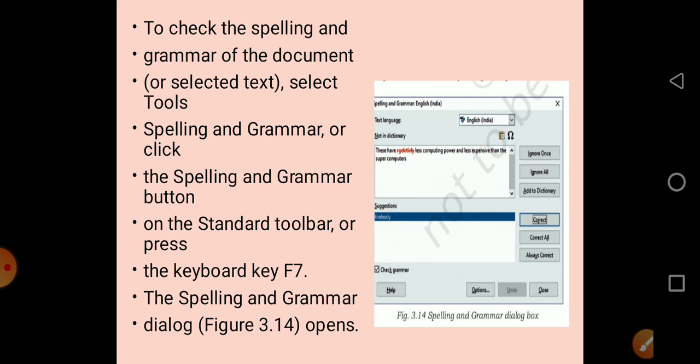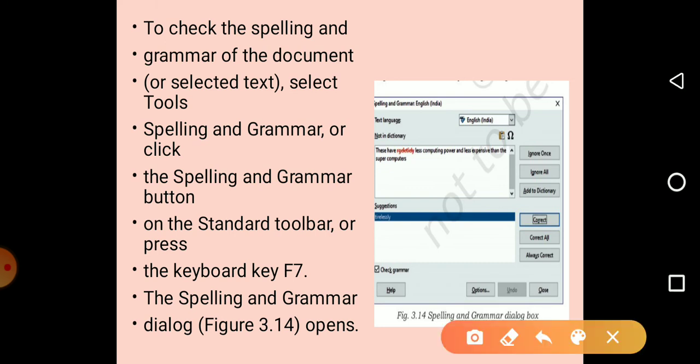You can also press the F7 key. F7 is the keyboard shortcut for spelling and grammar. Press the F7 key and you will get the spelling and grammar dialog box, wherein you can correct your spellings.